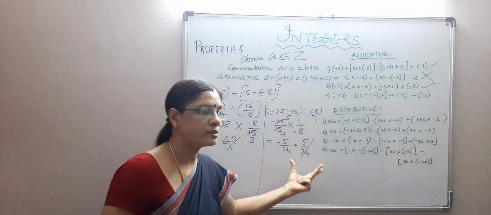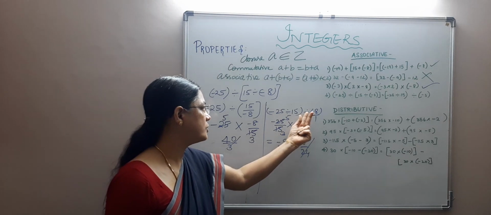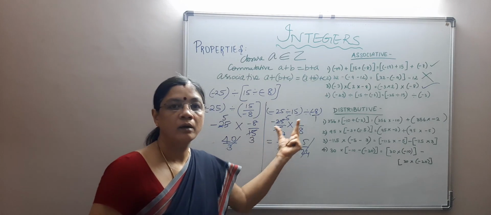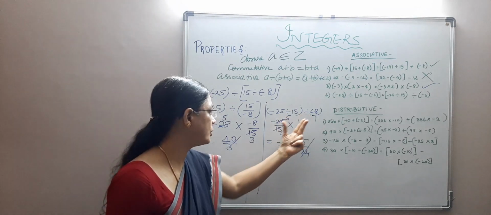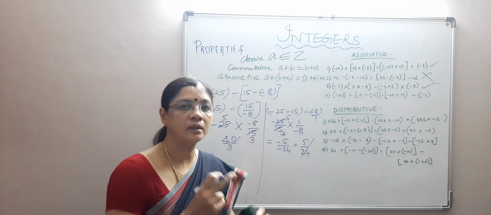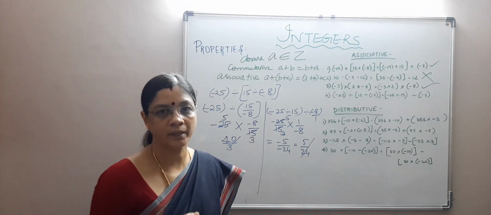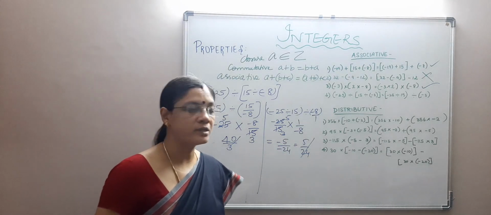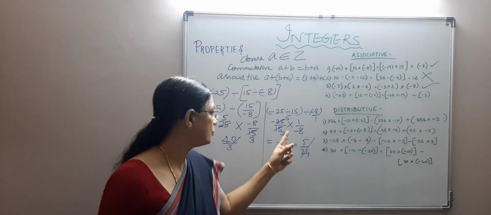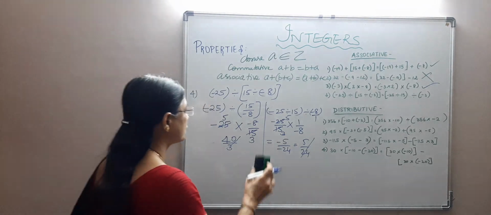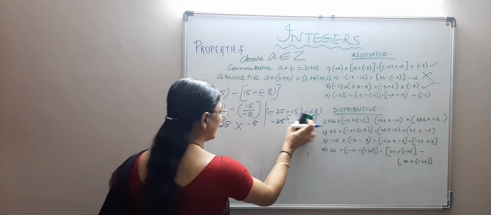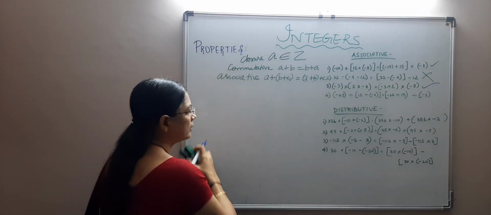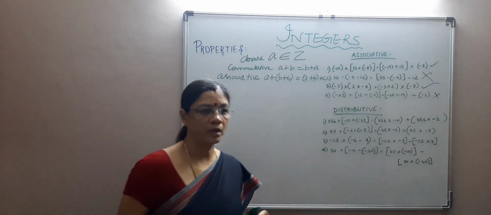I have explained also, I have introduced a concept of changing division fact into multiplication fact. How to divide a fraction, or how to make division into multiplication by changing the second number to its multiplicative inverse. So we have learned another concept here, the multiplicative inverse, while changing division to multiplication. Okay, so we clearly see that integers do not obey the associative property for division also. Okay, so that you should remember.